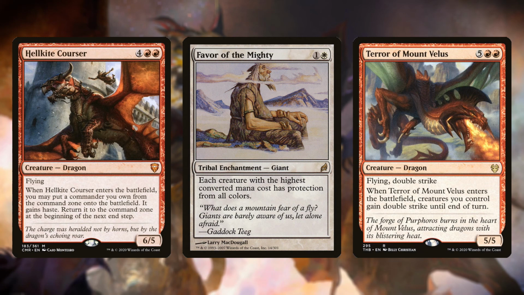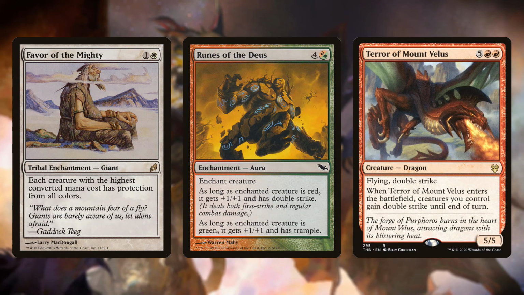And possibly my favourite thing to cheat out with the Ur-Dragon is going to be Runes of the Deus. Runes of the Deus will enchant our Ur-Dragon. Because he is both red and green, we'll get both effects. He'll gain +1/+1 and trample, but more importantly, gain +1/+1 and double strike. This will take him to a 12 power double striking commander, which means